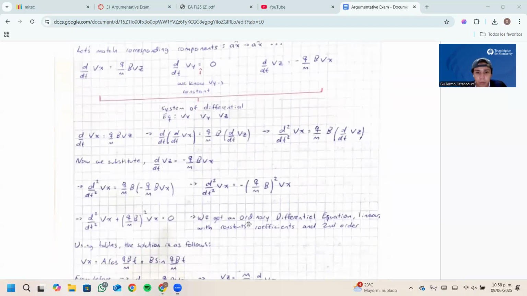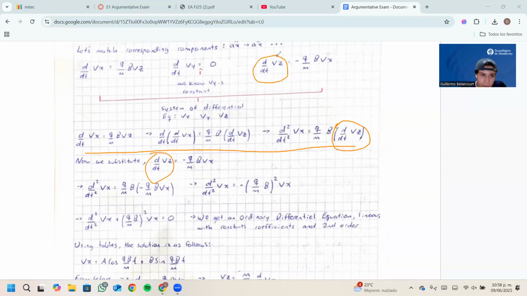So now, doing this process, we are left with this, which we know that we can substitute from this previous one that we had before. So we substitute,